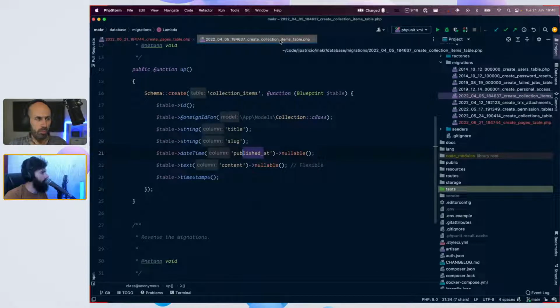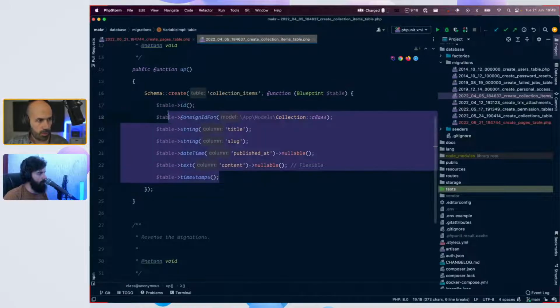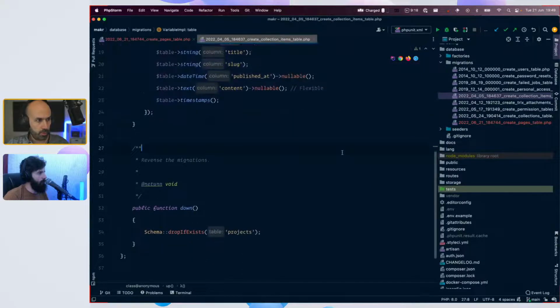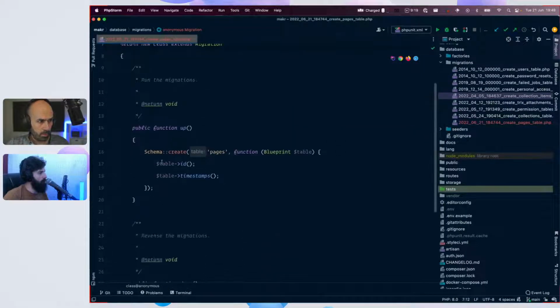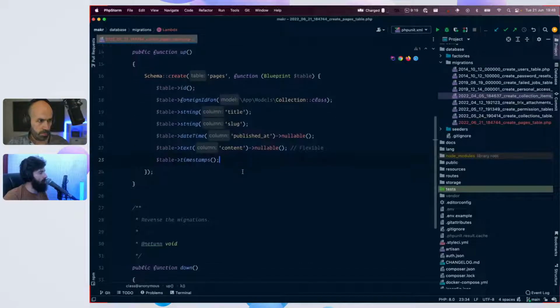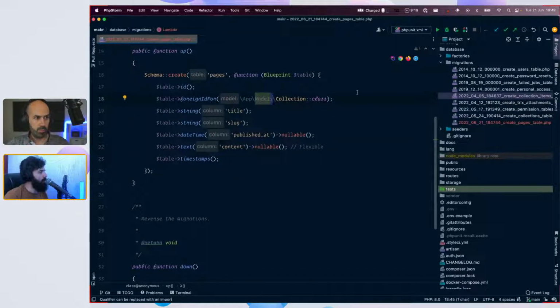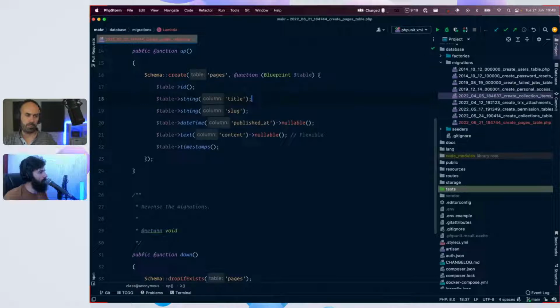Yes. So maybe we'll just grab the fields from there. The main difference is it will look like a singleton always for the pages.